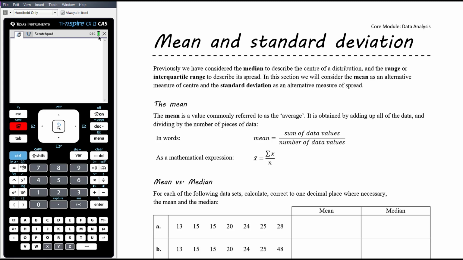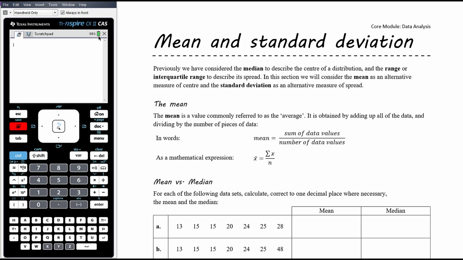Okay, so in this video we're going to be looking at mean and standard deviation. Previously we've considered the median to describe the centre of a distribution. In particular, when we looked at box plots most recently, the median is a really important measure of centre, and when we're describing a box plot we're referring to shape, centre and spread, and we use the median as the measure of centre. An alternative measure of centre is the mean,